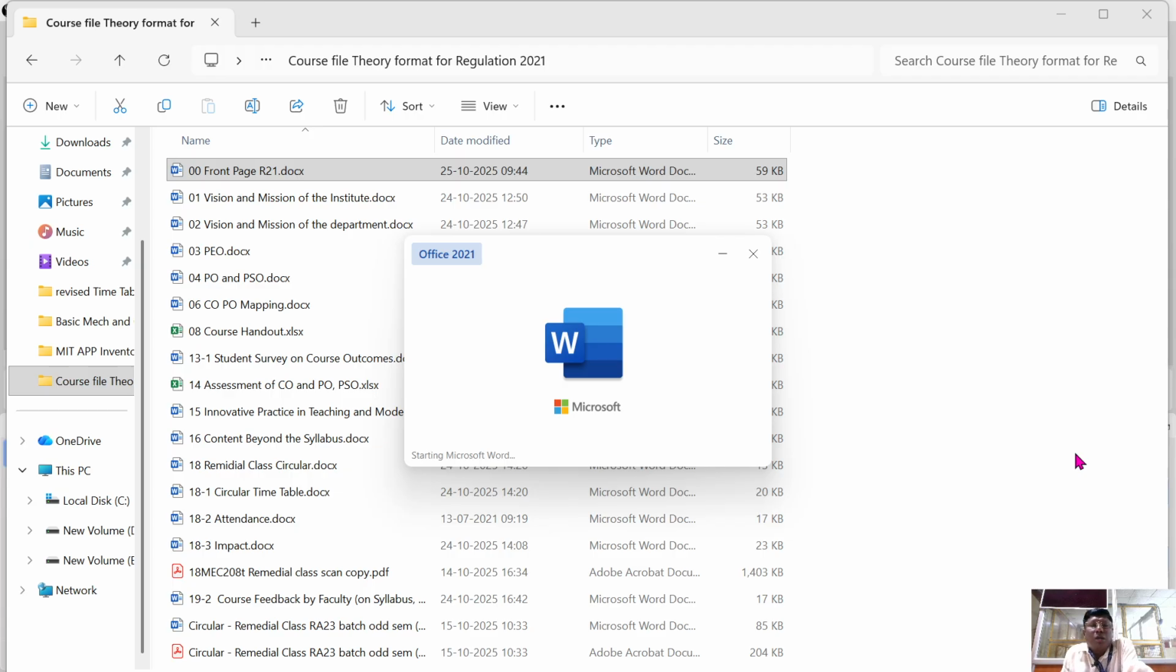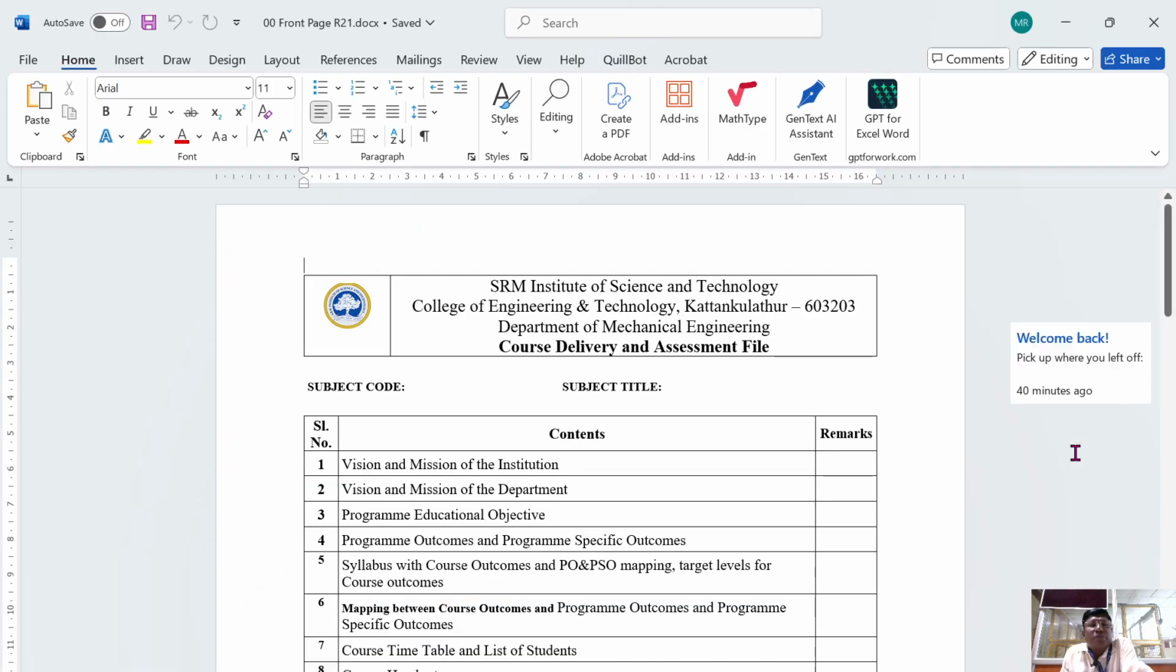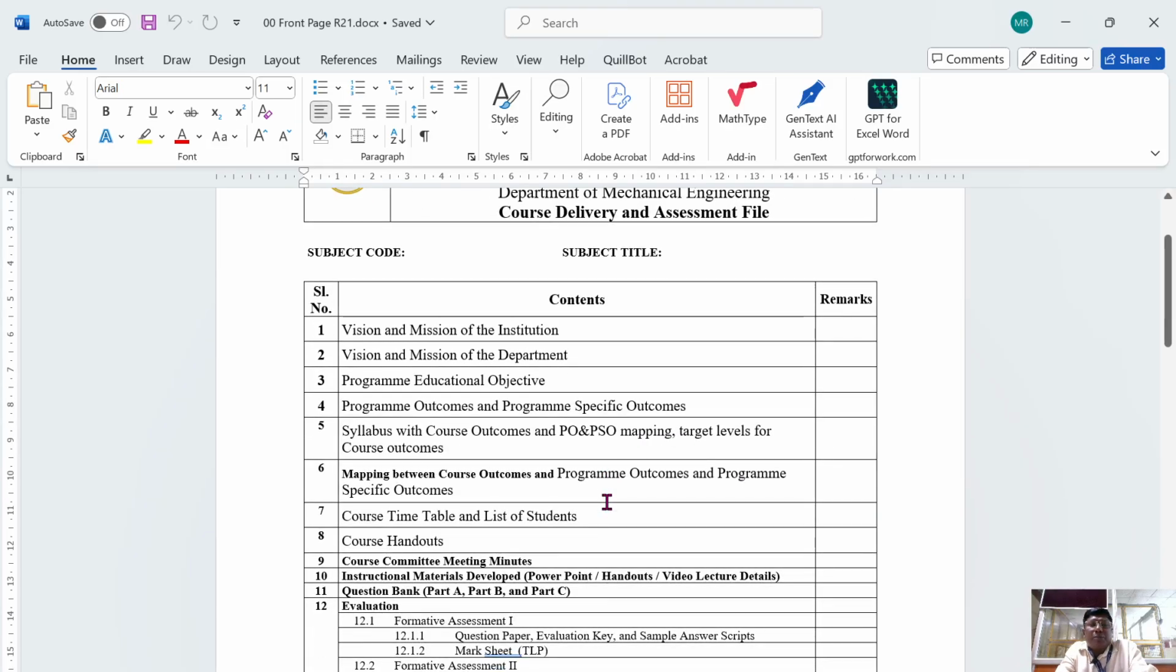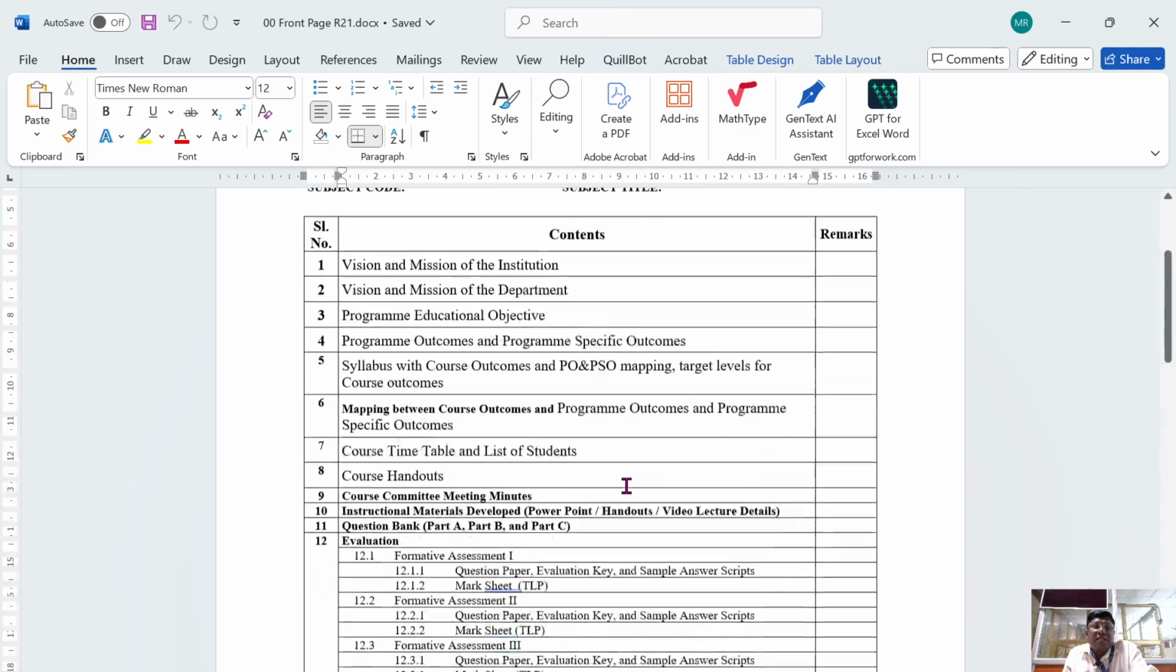Good morning to all. Now we are going to see the course delivery for the subject: how to prepare for NBA. The course content will be mission of the institution, mission of the department, programme educational objectives, programme outcomes and specific outcomes, syllabus and course outcomes, PO and PSO mapping and targets and other levels, mapping between